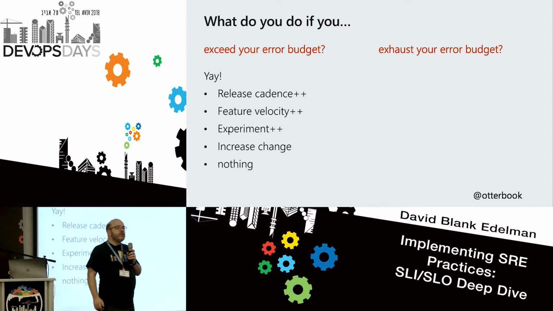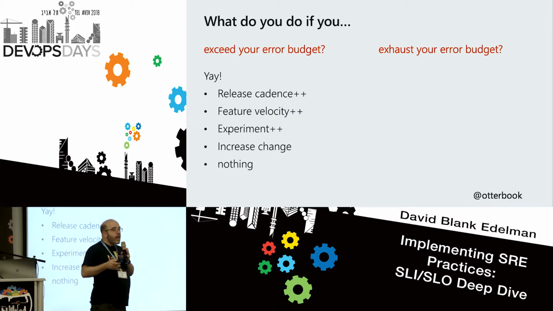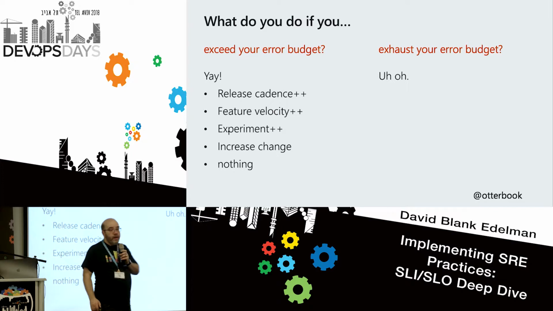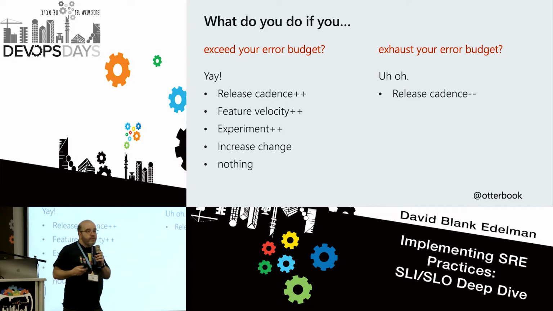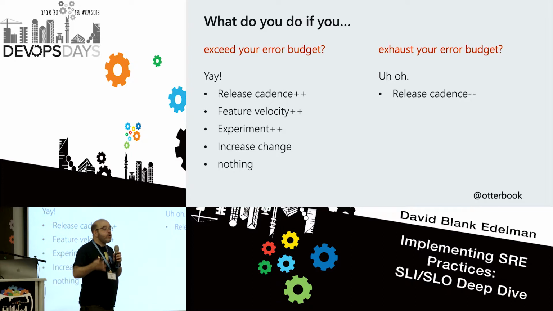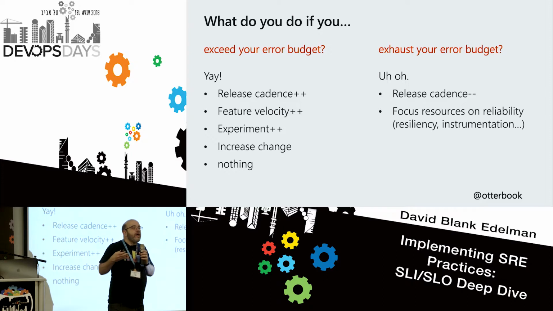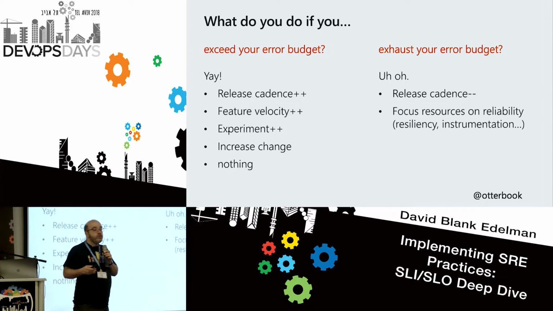Now, let's say you've exhausted your error budget. Let's say for some reason that Slack has gone down and you are less reliable than you had hoped for. Uh-oh. Now we might want to do something about it. So we might release a little slower, because now we have to spend a little bit of time instrumenting our system to find out what happened. How did this go wrong? We might want to focus our resources on reliability, instrumentation, going back and looking at how this failed in production. It's probably a good use of your time. You might divert engineering resources to look at that.